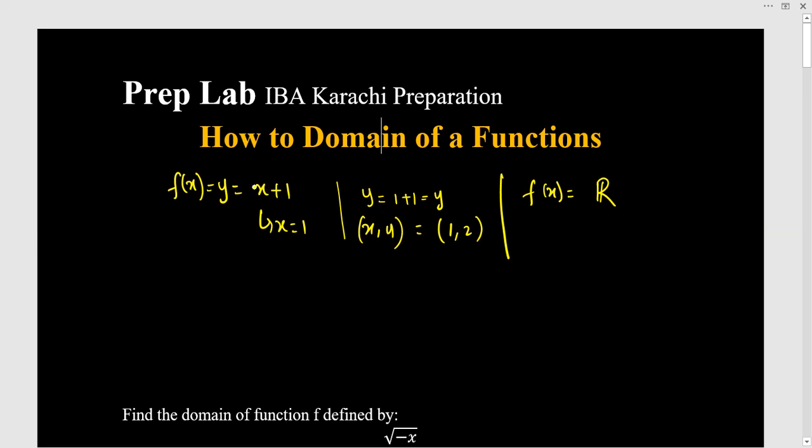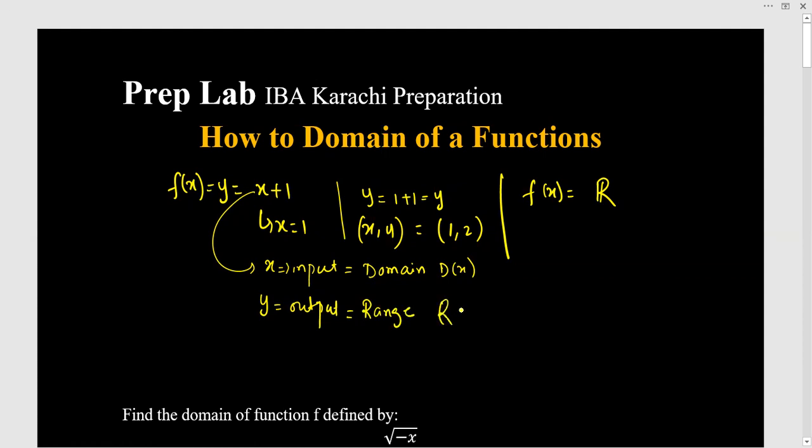So we can say that here x is the input and y is the output. The input is known as the domain of a function, and when we put the domain or input in a function, we get y, which is the output. That is known as the range of a function. We have discussed that a function always deals with real numbers, so we have to avoid two things. There are two cases when a function does not belong to real numbers.